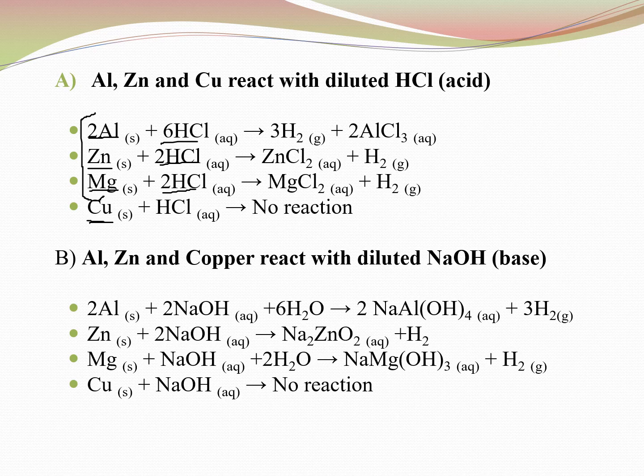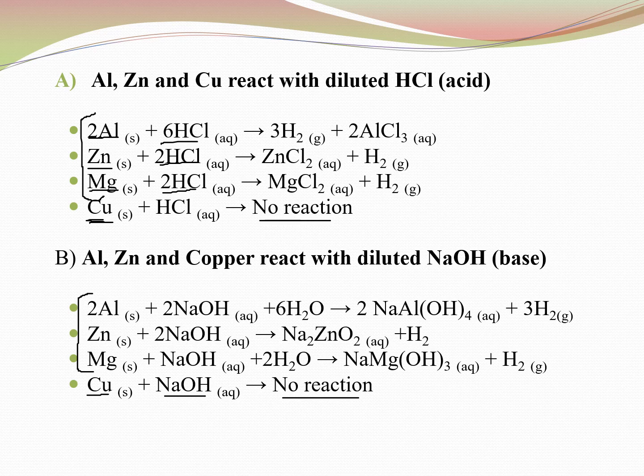Whereas copper is an unreactive or inert metal because no reaction happened with the acid nor with the base. Even when we added the base, copper did not react, so it's an inert metal. Whereas aluminium, zinc, and magnesium reacted with the base as well. So they react with both acids and bases, so they can be classified as